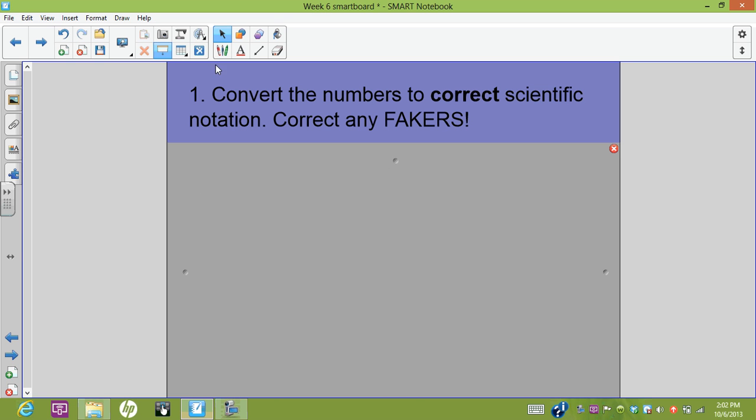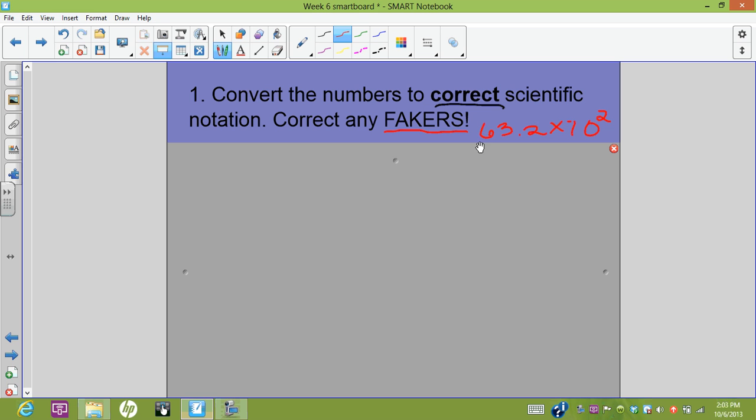So number one, the first thing we're going to do is convert the numbers to correct scientific notation. Now this is really, really important because you'll see a lot of fakers out there. So what is a faker in the world of scientific notation? A faker is something like perhaps